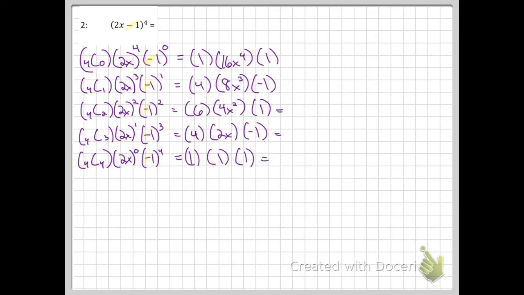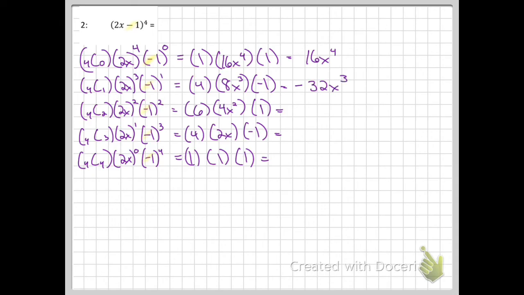These are all multiplied together. This does not say 32x cubed minus 1. That is not what this says. This says 32 times negative 1. So let's multiply these all together. 16x to the 4th, negative